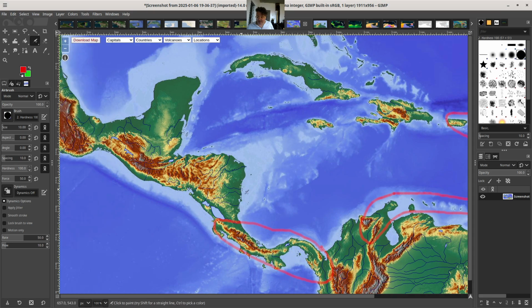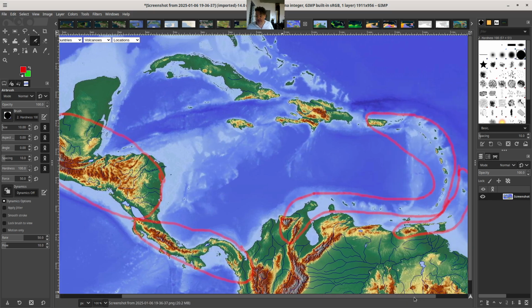Even heading into Central America, you see this separation between Mexico and the rest of Central America based on those mountain ranges. So it might give you a new interpretation of what's going on, as well as how flat Trinidad and Tobago is, almost like Cuba actually. So that's an interesting point, just looking at the similarity between Cuba